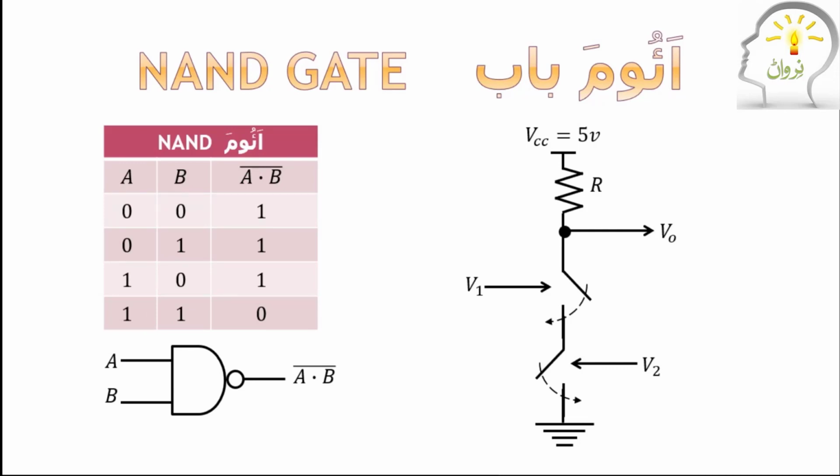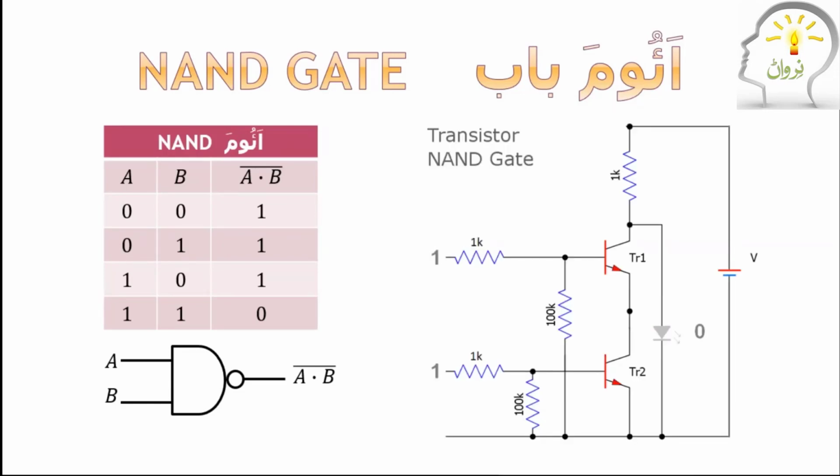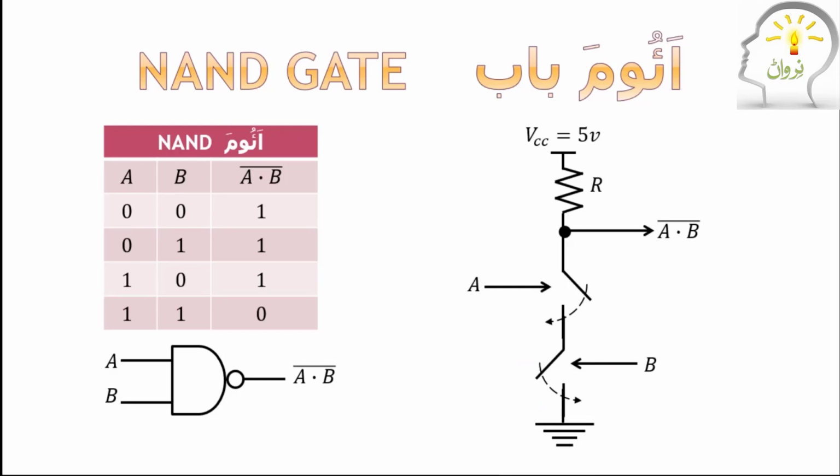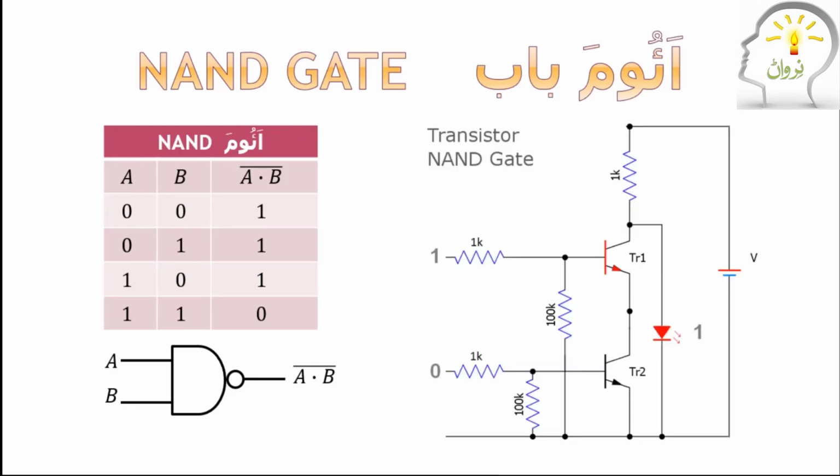If the input is low, switch will be open. If input is high, switch will be closed. If this is A, if this is B, what will this be? A NAND B. What is the difference between this circuit and this circuit? Sir, there are 2 transistors. Switches have been replaced by transistors. Transistor 1 in place of switch 1, transistor 2 in place of switch 2, and the output